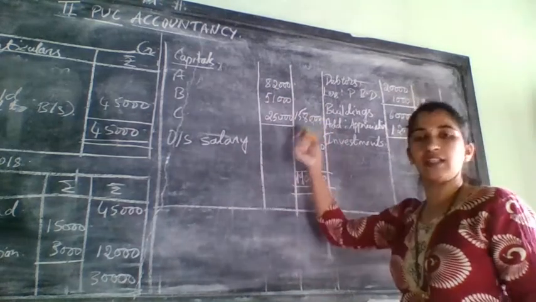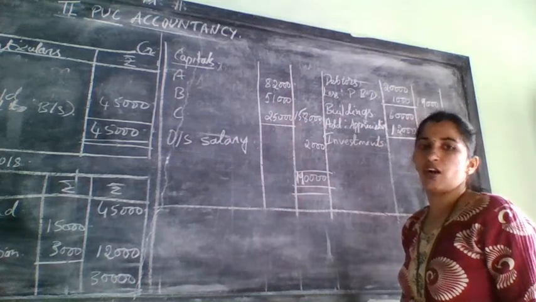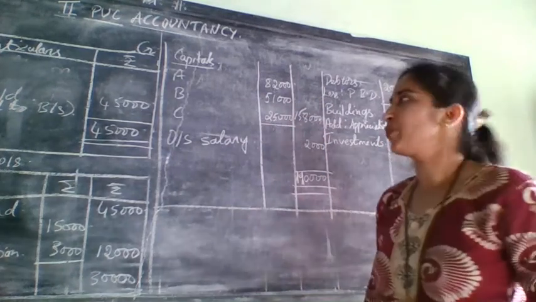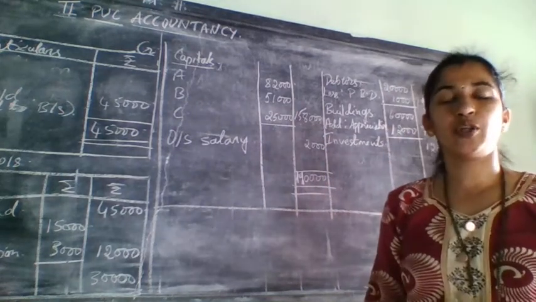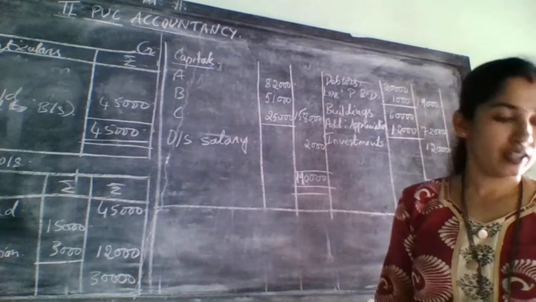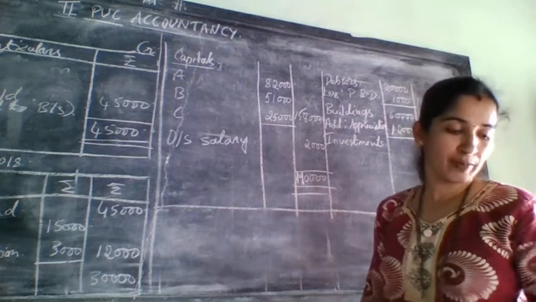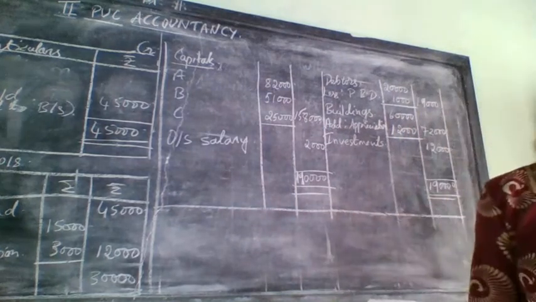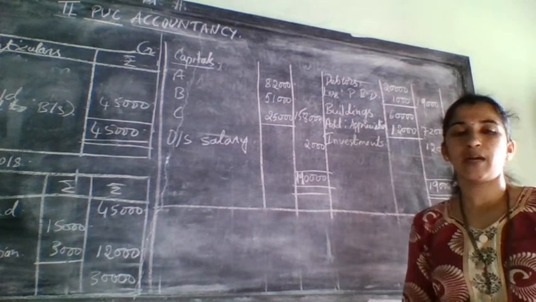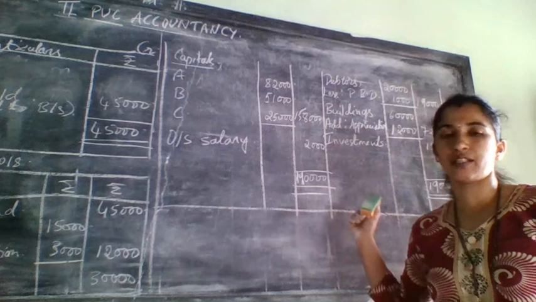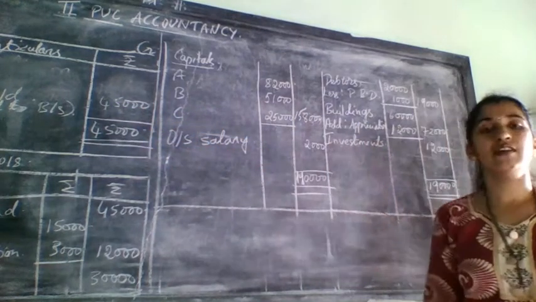You can write it in two ways also. You can write directly in the outer column, or else you can write it in the inner column, add it and write it in the outer column. So that is left to you. After writing this, don't go directly for totaling. What you need to do is check with the adjustments once again, because all the adjustments will appear two times. First adjustment is new partner will bring capital and goodwill. One time it came in partners capital account, second time it came in cash account. That's why it is not there in the new balance sheet now.